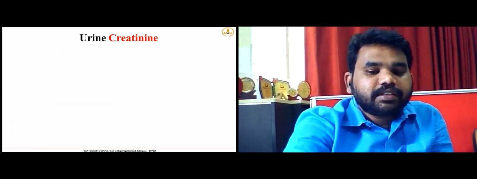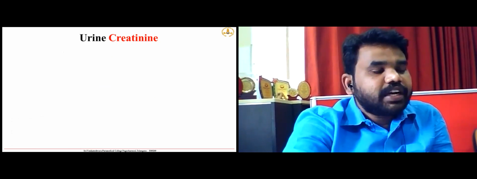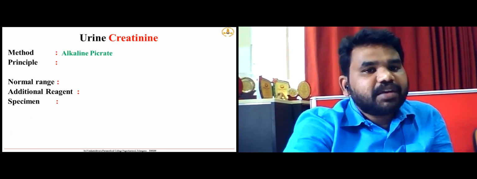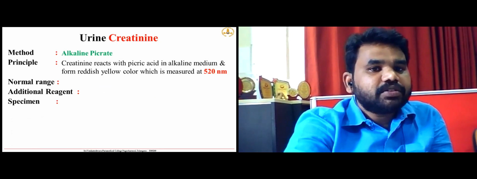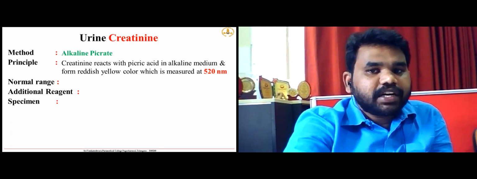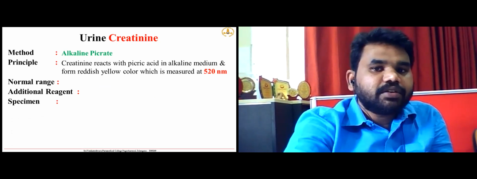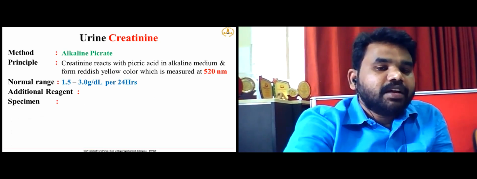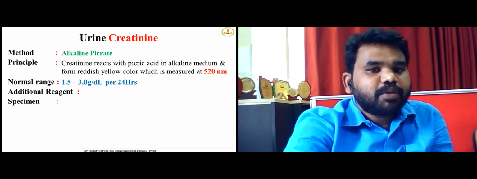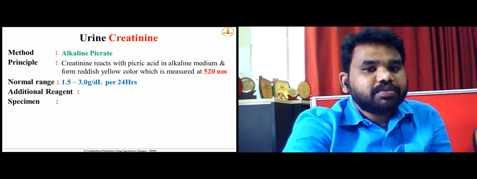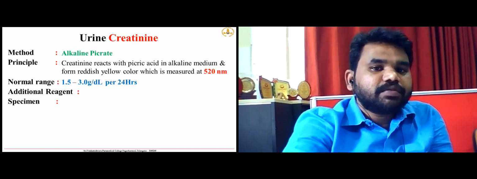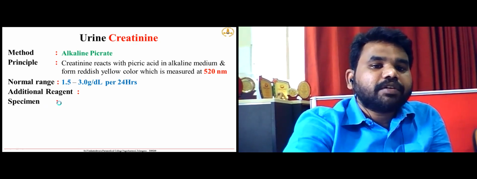So urine creatinine, if you want to measure the creatinine value in the urine, this method is the same, alkaline picrate, and the principle is also the same. Creatinine reacts with picric acid in the alkaline medium and forms reddish yellow color, which is measured at 520, and the normal range here is 1.5 to 3 grams per dl for 24 hours. Okay, so based on this value, we can say that the specimen we are going to collect here